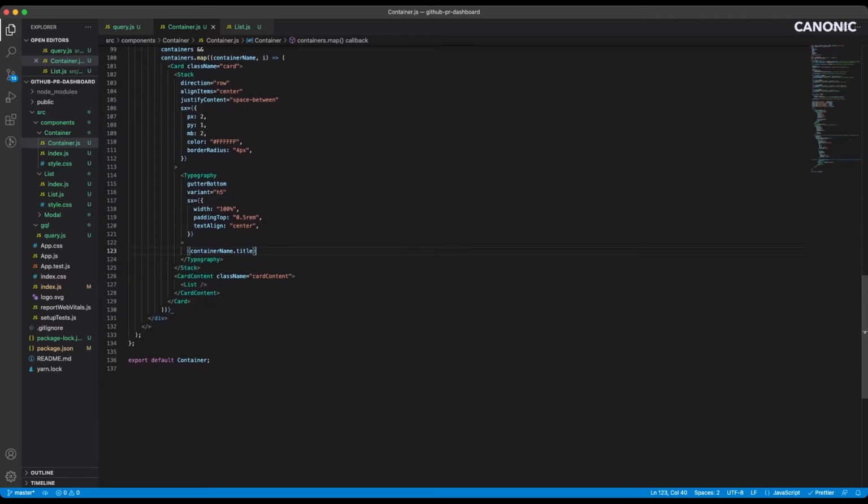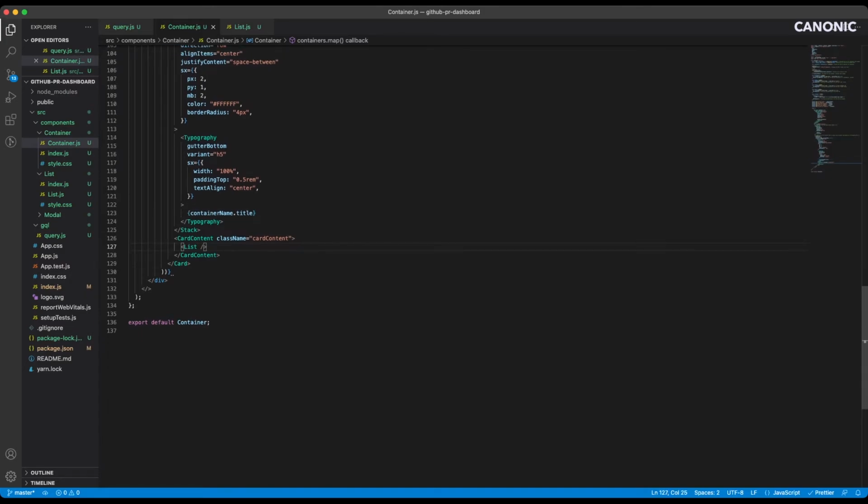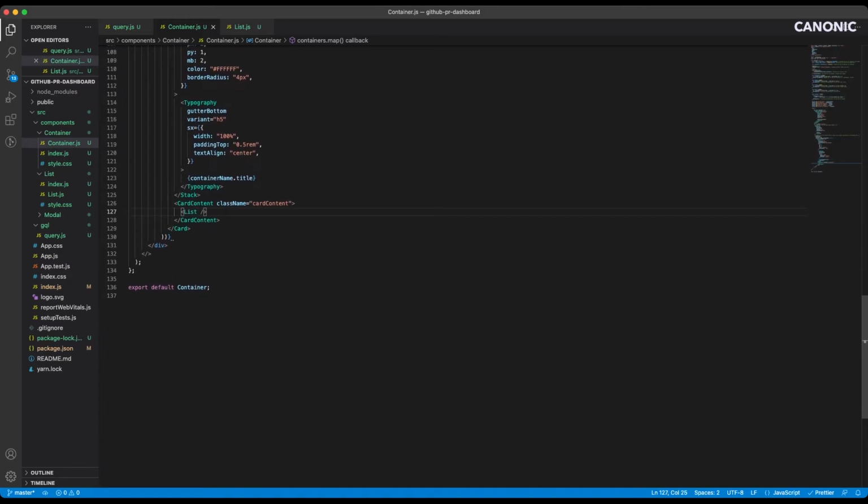Now in the stack, in the card content, we need to show the list, and the PR should show up in the respective columns. So what we can do here, we can write a condition wherein the container's identifier is equal to merge, then this list should show all the data for the PRs that are just closed.